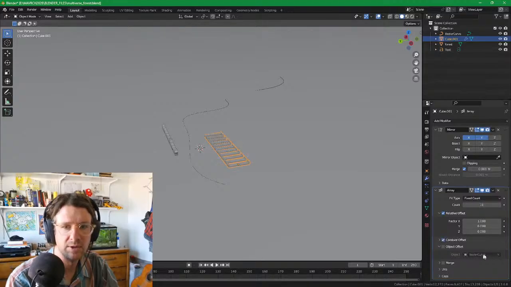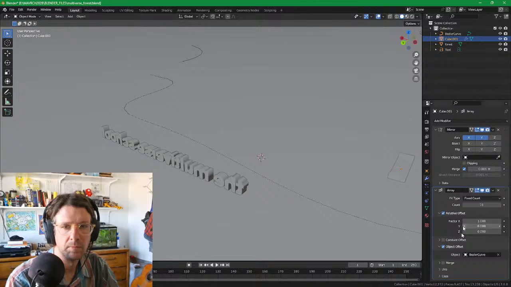Constant offset, maybe. Fit curve. That's the ticket. All right, so fit curve, Bezier curve,